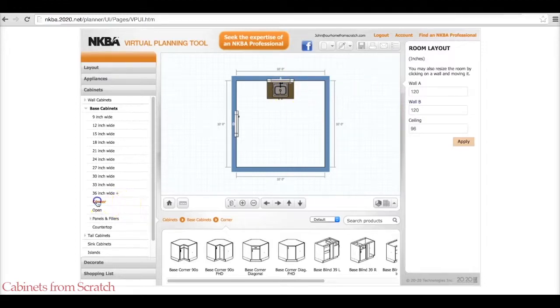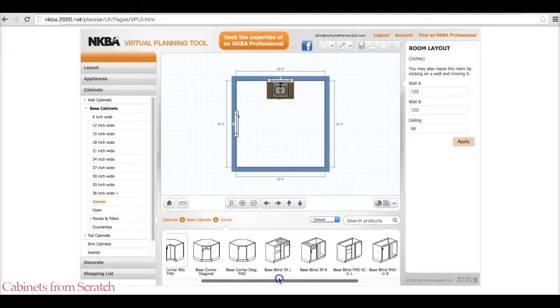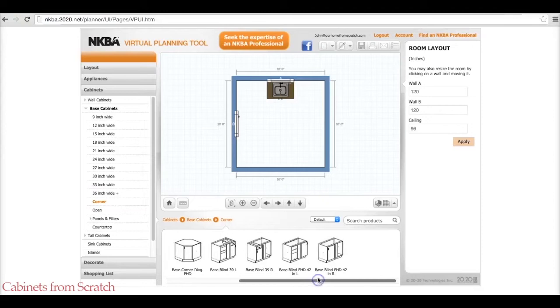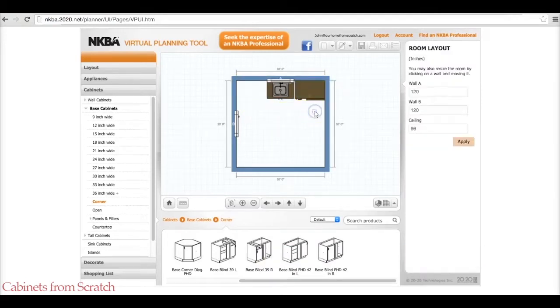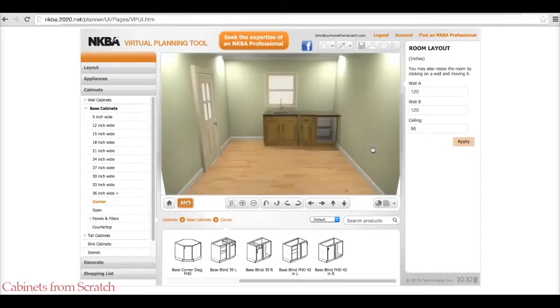Let's try again a different corner cabinet, but maybe we'll do a 42-inch with a door over here. I'll see if that fits in there a little better. I think it's going to be a little bit better. Great. All right, let's see what that looks like in 3D. Okay, that's good. Now you'll notice that there's a gap in here, and that's a much smaller gap. That's only like an inch or 2 inches,